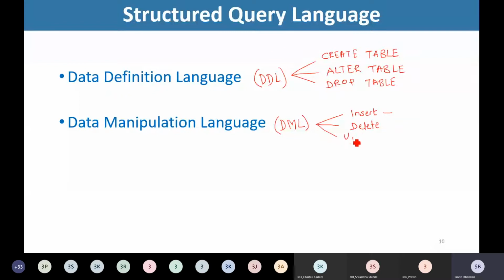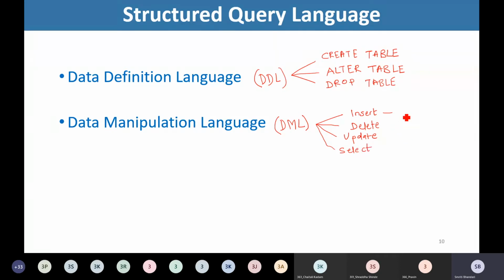The third statement that we are going to look at is the update statement. This statement will help us to modify the data that has already been stored in the table. And the fourth important statement under DML that we are going to cover is the select statement. So this is what we are going to discuss now under SQL.